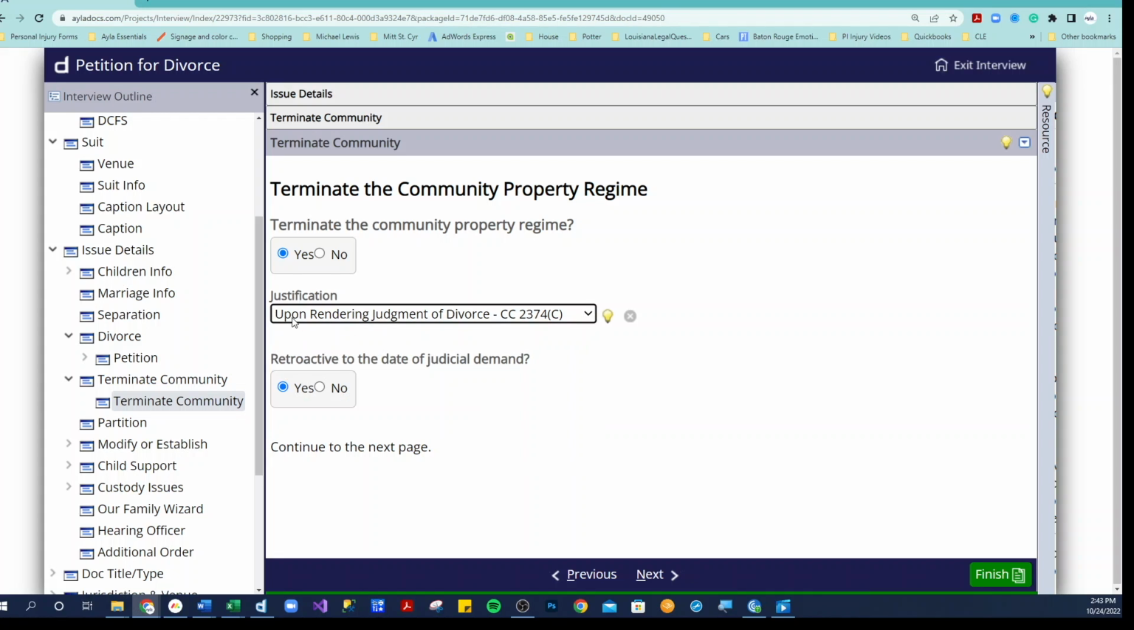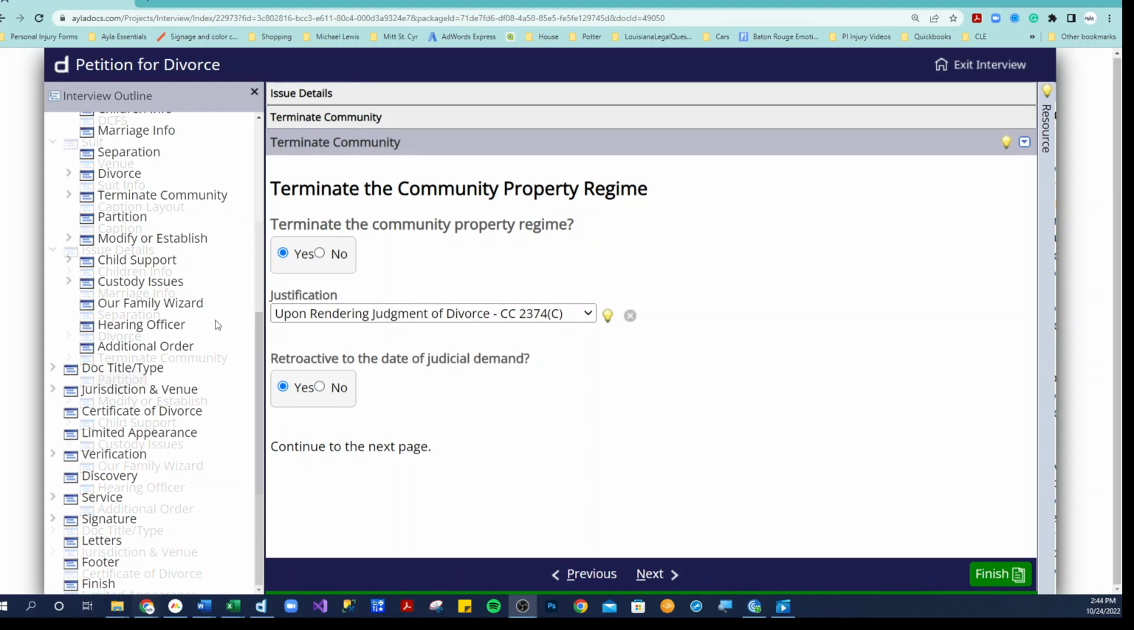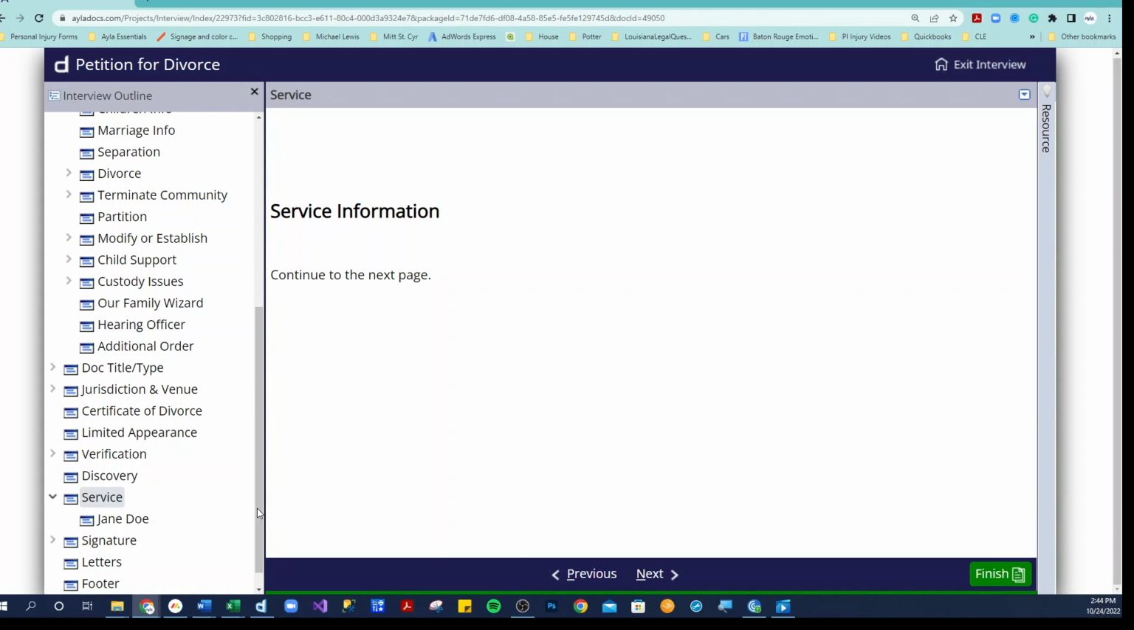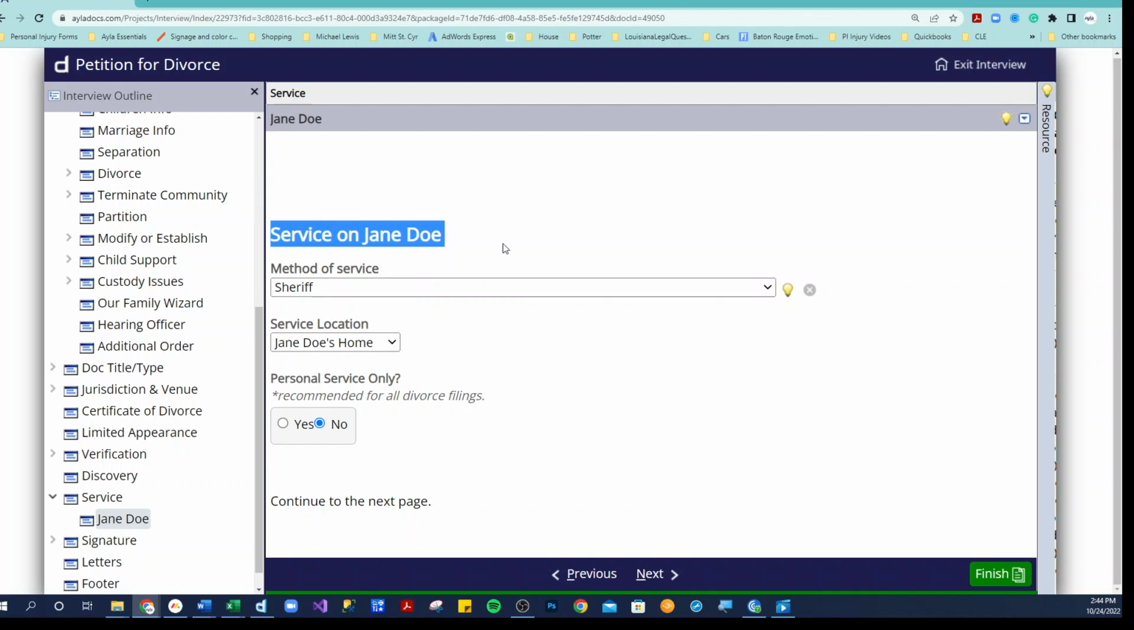So I'm going to go ahead and just select upon rendering the judgment of divorce. Let's highlight one or two more areas inside of this interview. Now let's take a look at the service section here. So here we're going to deal with service, and it's going to be service on Jane Doe, and we have